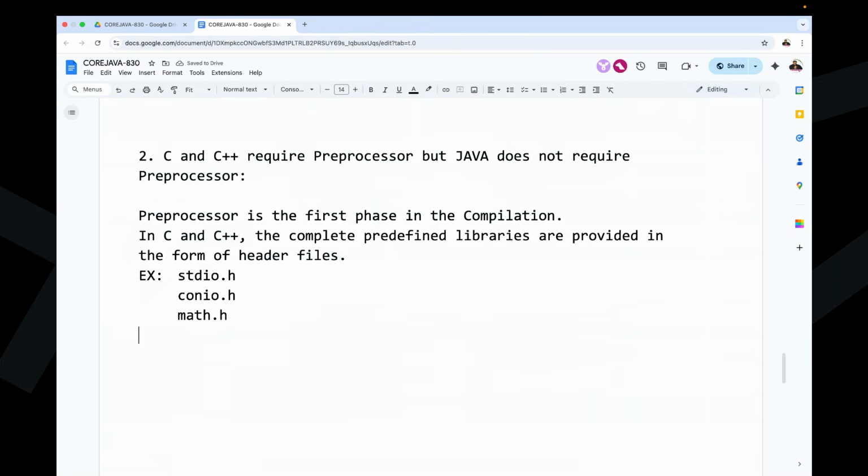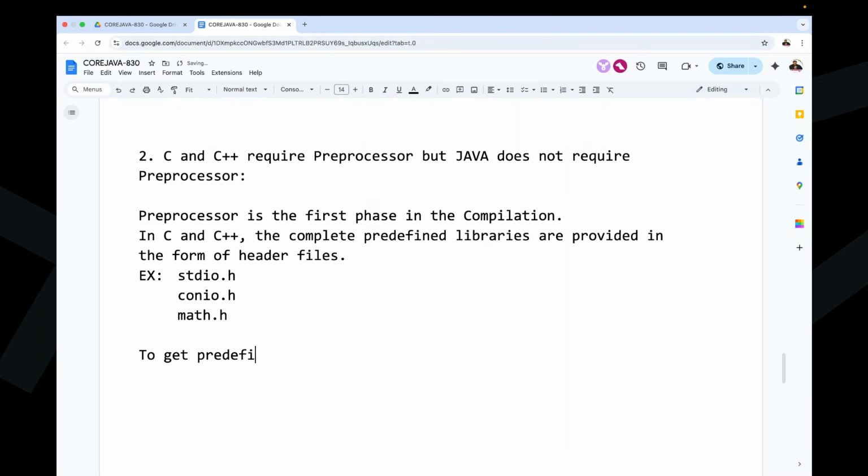Yes, these are all header files, and so many things are available. Okay, clear. Predefined libraries are provided in the form of header files. But how am I able to get libraries from header files into a C program? How is it possible to get predefined libraries from header files to a C program? Now I'm giving clarity, so observe carefully.